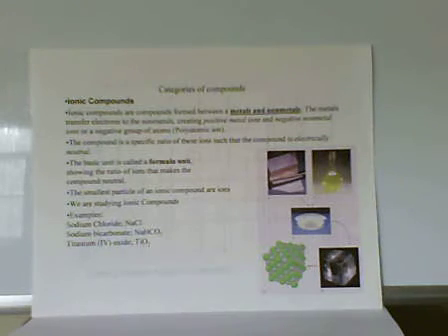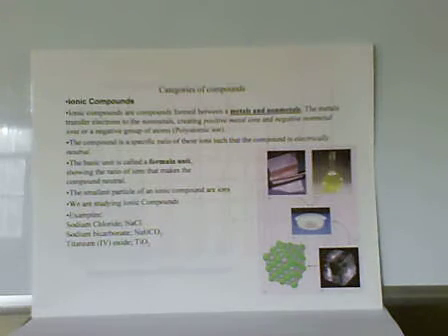The other category is the ionic compounds. This is metals bonded with nonmetals. In this case, the metals give up electrons to create positive ions called cations, and the nonmetals accept the electrons to form negative ions called anions. So when we have ionic compounds,